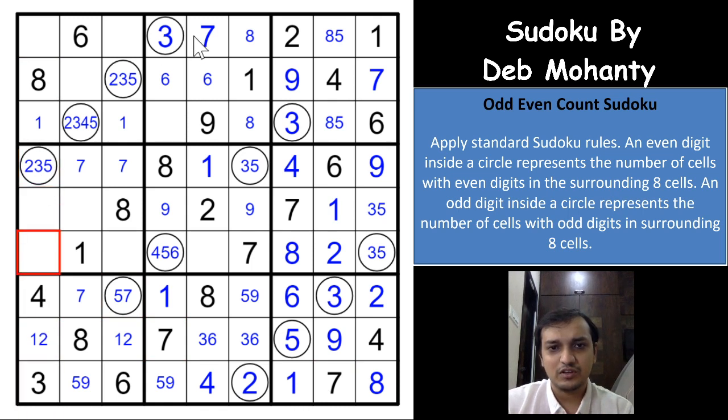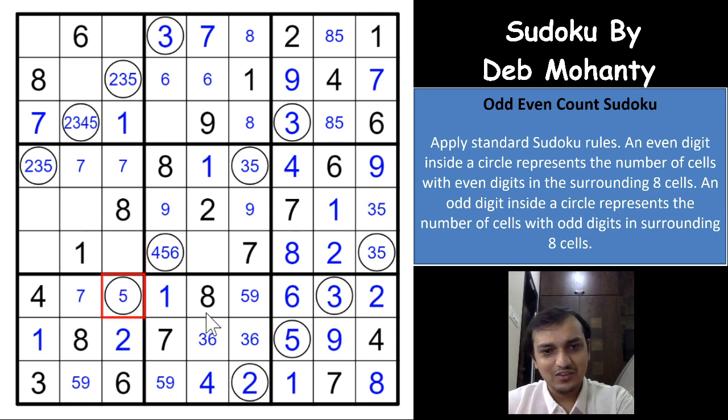You cannot have it in these three cells. You already have a 7 here, which means a 7 has to be here, which gives you a 1 here, a 2 here, a 1 here. Superb. And because of the 2 here, you can directly eliminate that 7 cannot be here, because you need to have 7 odd digits and you already have 6 places for the odd digits, which means this has to be 5, which gives you a 9 here, a 5 here, a 9 here, a 7 here. Superb. Which gives you a 7 here.